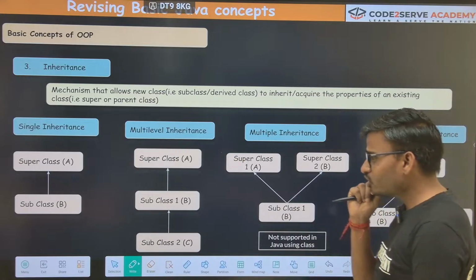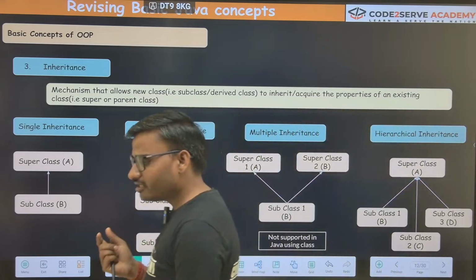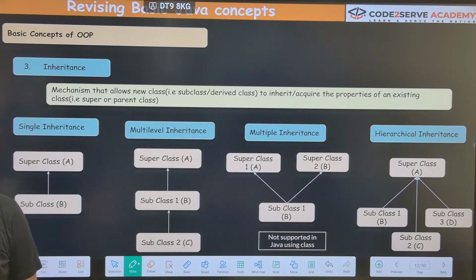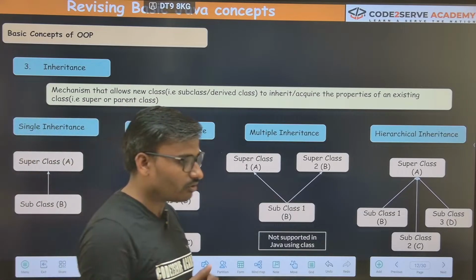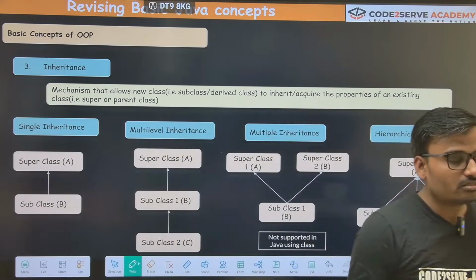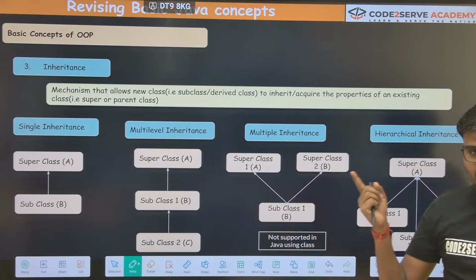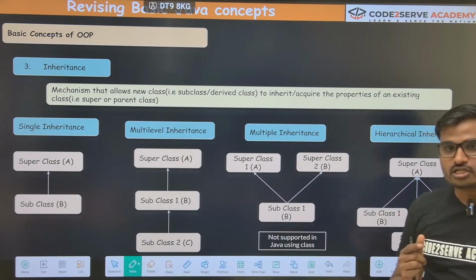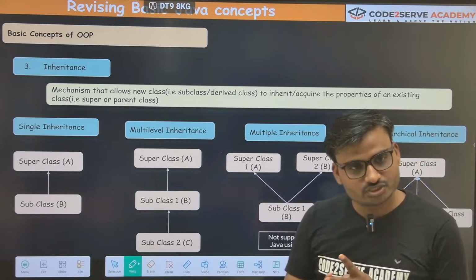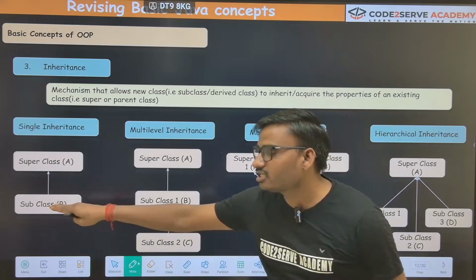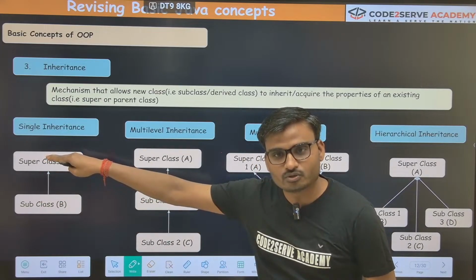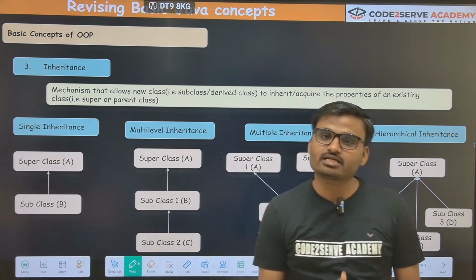Got it? So in Java, mostly in any programming language, there are different types of inheritance based on the logic of how we implement it. That type of inheritance is decided by the logic of how we are implementing it. Firstly, there is single inheritance. Single inheritance is what? There is one parent, there is one child, and we are inheriting the properties from one parent. So this basically forms a single inheritance.